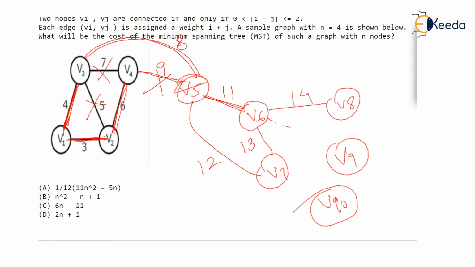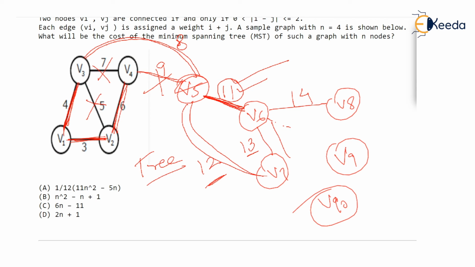And now you want to connect V5 to V6, correct or not? While connecting V5 to V6, you will surely choose this 11 because this is minimum amongst all. Are you understanding? I mean, why would you connect V5 to V7 and then V7 to V6 and say now the path is 25? Because in our tree surely this edge will be there, and they are asking us the length of the path in our tree. Once you finish constructing the tree, from V5 to V6, the answer should be 11.